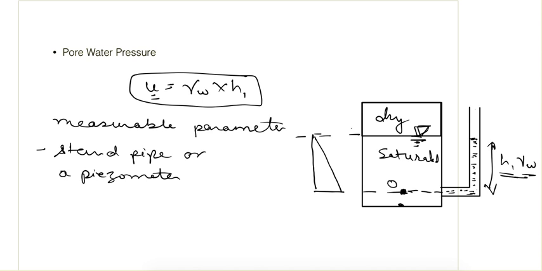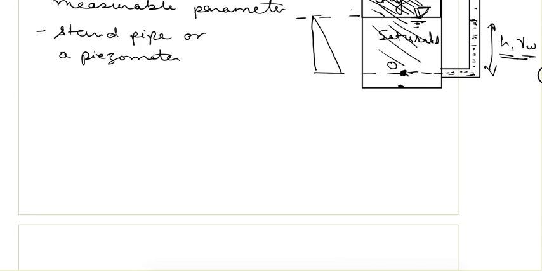But this formula is valid when the stresses upon that point, like this saturated soil mass and this dry soil mass, have been there for a long time. Then this formula is valid. If some new stress comes on this soil mass, new stresses will be induced and some extra pore water pressure will come, and that will be covered when we study the consolidation part. There it will be further cleared.